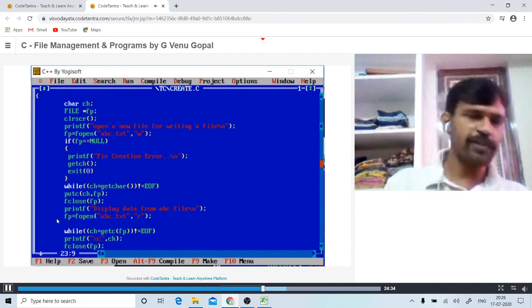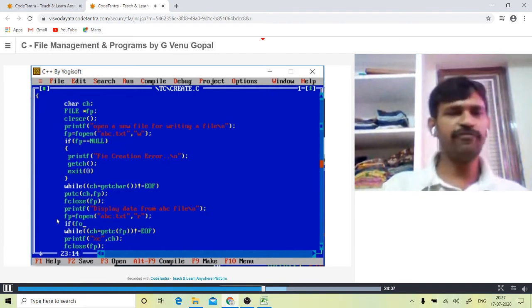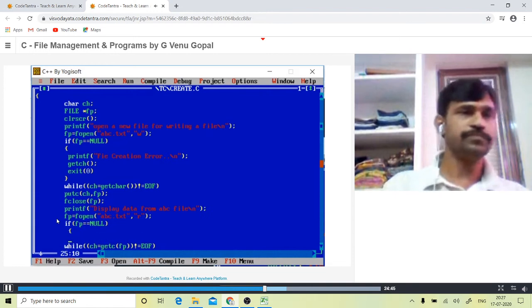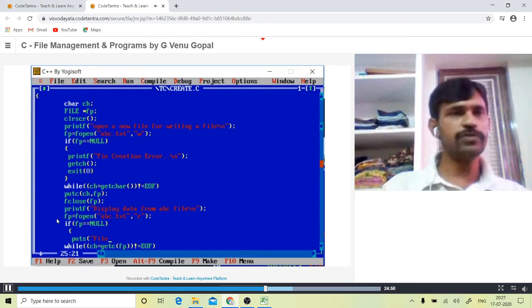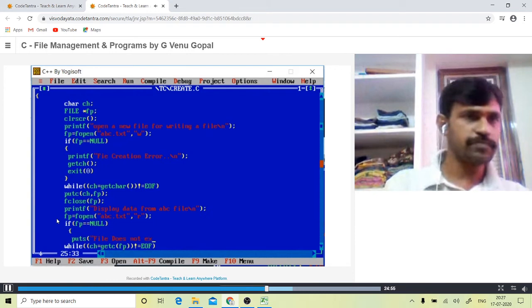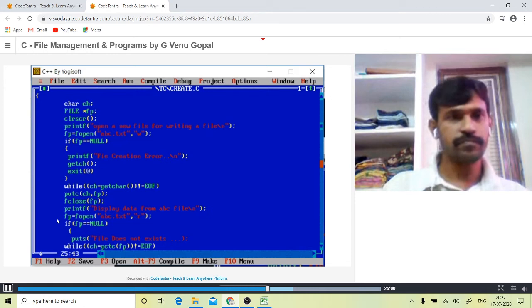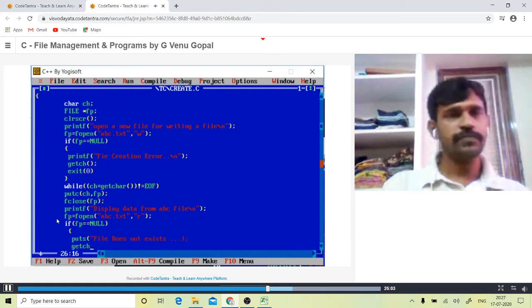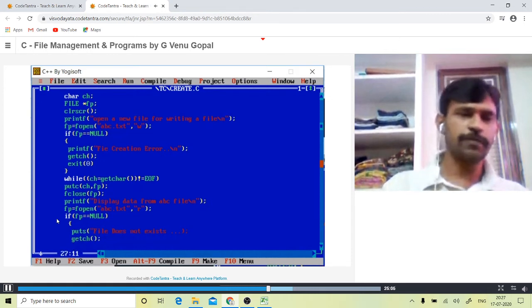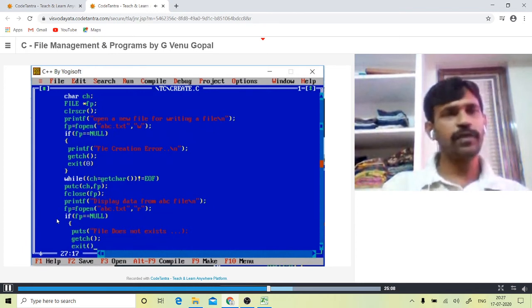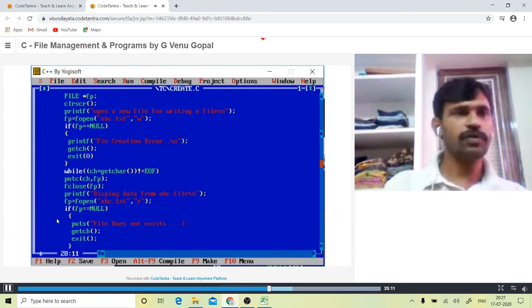Again, you can verify if fp equals NULL, then you can display the message "file does not exist". And then make the cursor wait until the user presses any key. After that, you can exit(0) and then close the brace.